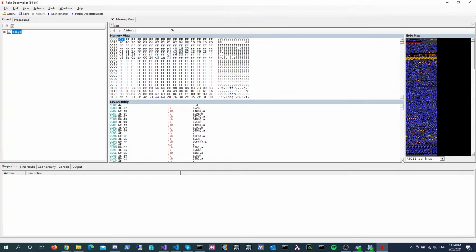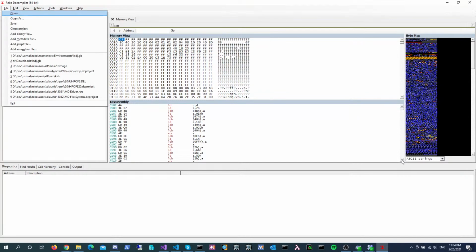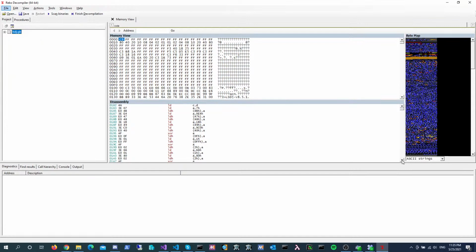So that's all fine and well, but one thing annoys me, and that is that we are not automatically loading the file. So we need to create a loader for this particular image file format. What you can do with Reko is define a loader